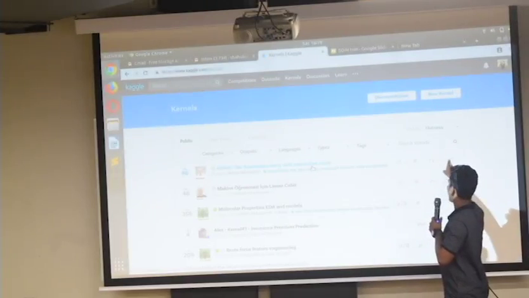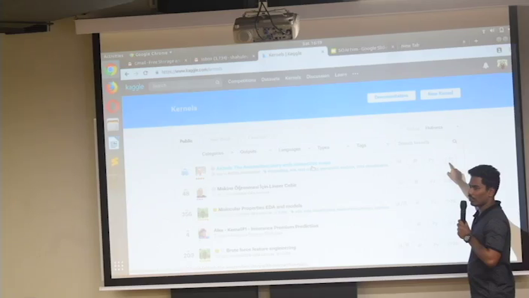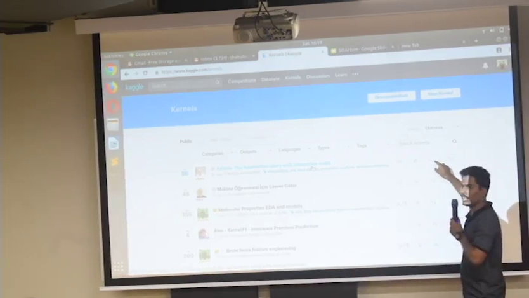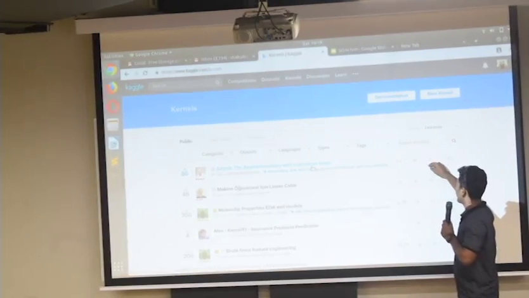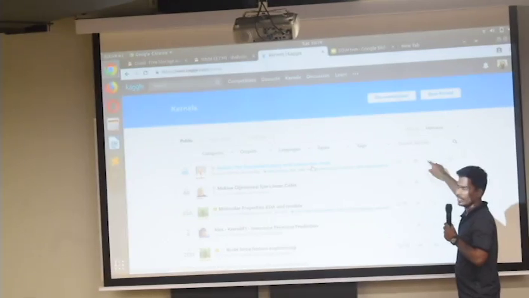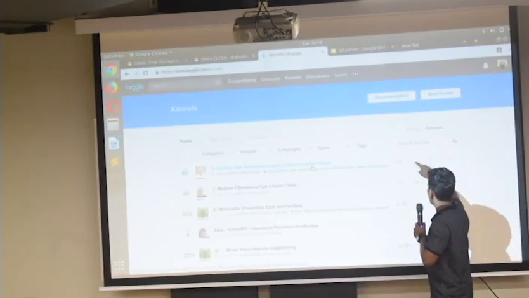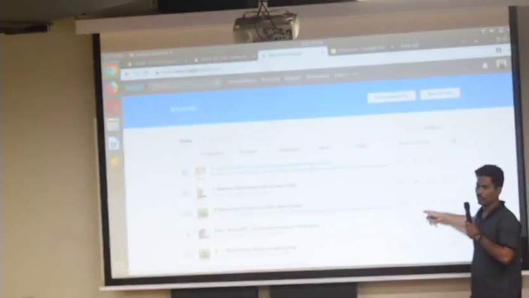Then you can see these 4 columns. One indicates the number of comments the kernel got. Another is the language they use: Py indicates the kernel is written in Python, and if it is written in R, it will be a capital R. This symbol indicates a kernel notebook, a Jupyter notebook.